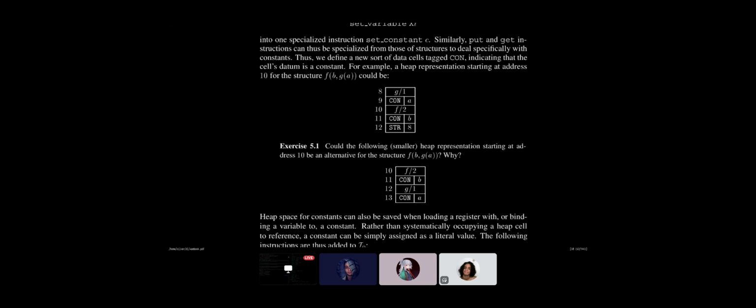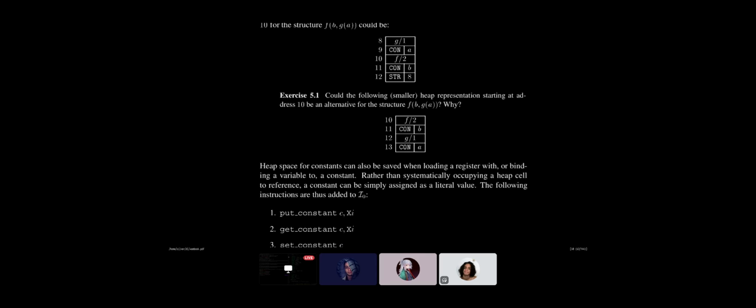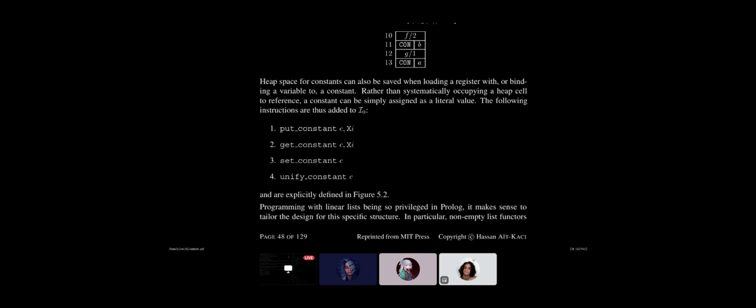Rather than systematically occupying a heap cell to reference, a constant can be simply assigned as a literal value. Yeah, man. Maybe I need to read more, but it's not talking about what you were talking about. I think these are constants. Let me read more.